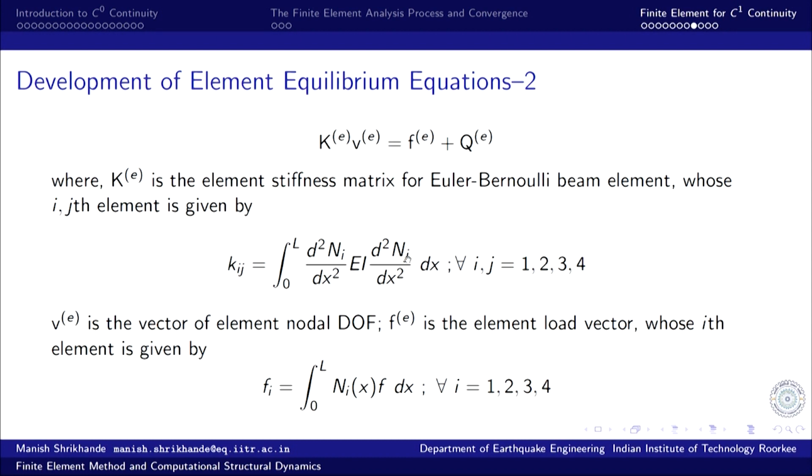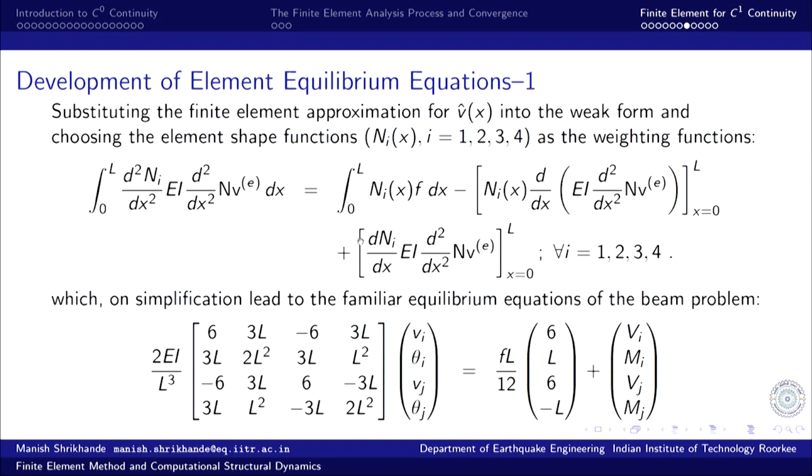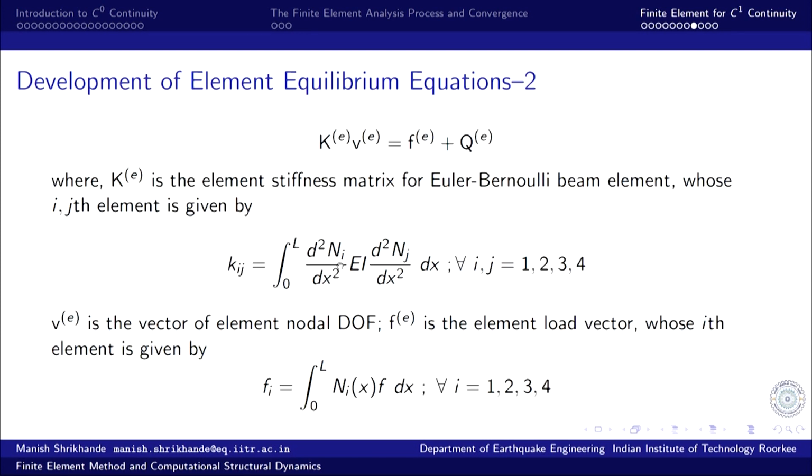because V, the transverse displacement, is also based on a linear combination of n i's. So, the shape functions. The ijth element would involve the product of second derivatives of the ith shape function and jth shape function, and of course, the flexural rigidity, which is quite often uniform, and for all ij varying from 1 to 4, and this is of course a symmetric operator. So, that leads to a symmetric stiffness matrix, as you can see, and this is of course by virtue of using the Galerkin approach that this n i n j happens.